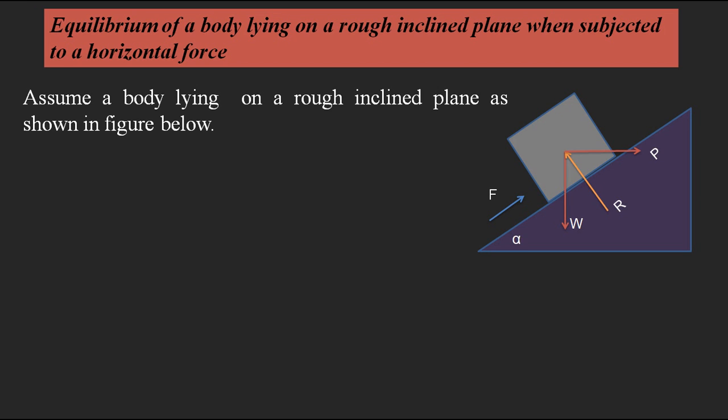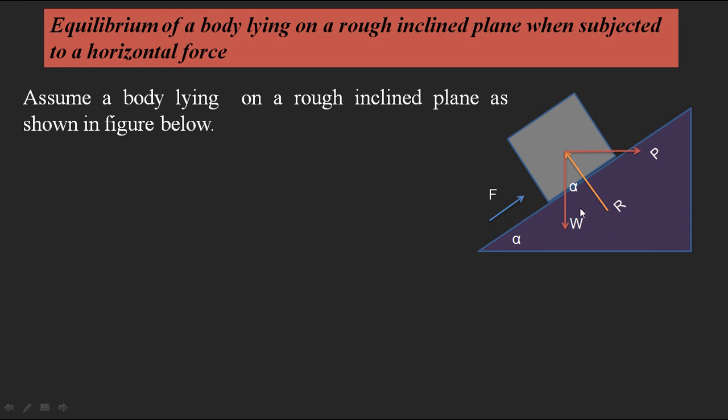By considering these forces we can derive the minimum force P required to make the body be in equilibrium condition. When you consider the P, first I would like to represent the alpha. The angle between W and R is also alpha. Why it is alpha? From the theorem of perpendicular lines we can consider. Here W is perpendicular to the